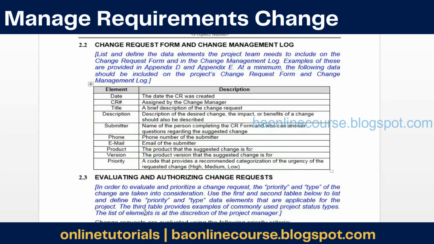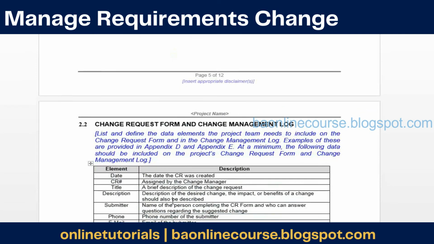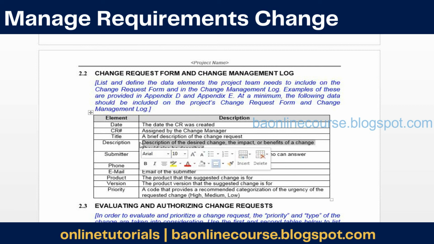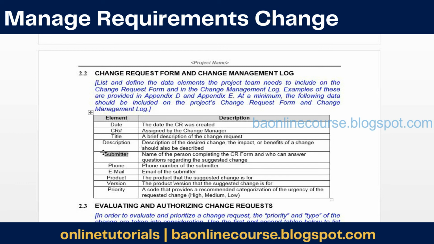Okay. So a typical change request would capture these details. What is the change request, a description, and a justification. He has to actually justify why this change is required. The impact, benefits, what change exactly it is, who is the person requesting this, his contact details, and a priority as well.